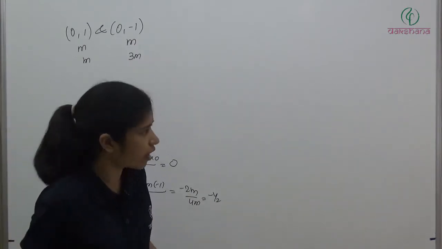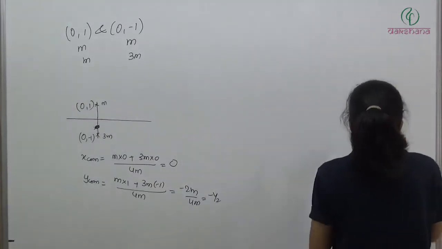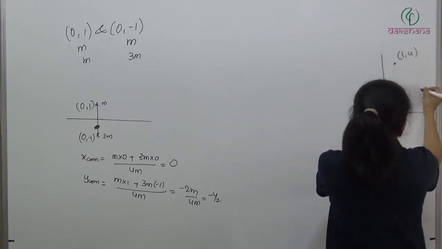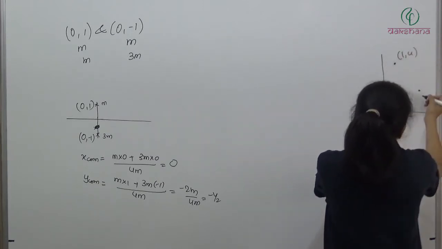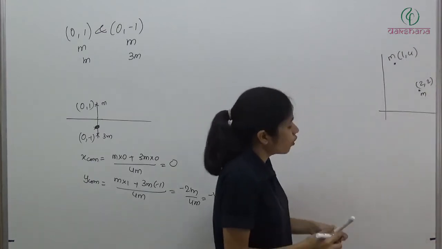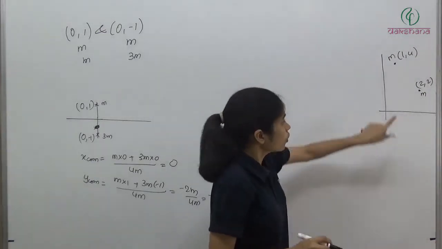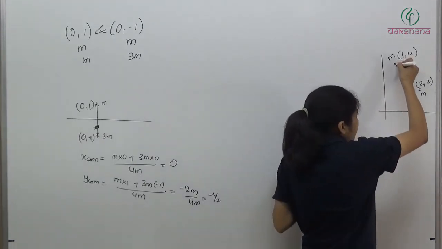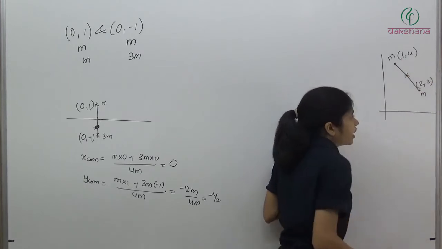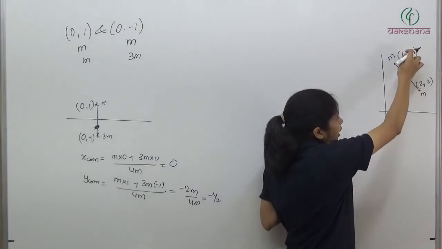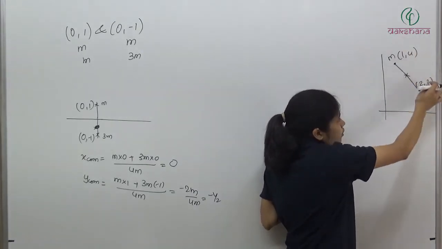So like this, if you have 2-3 particles, let's say I have one more setup where the mass is lying at (1, 4) and (2, 2). So if we have mass m here and mass m here, clear? So now where will the center of mass lie? We have two particles of the same mass, so definitely the center of mass will lie at the center of the line joining the two particles. Clear? Can you find out the center? So here we have 1, here it is 2. So 1 plus 2 by 2.